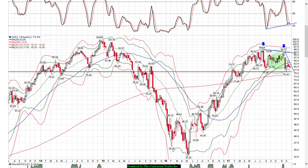So short term, I'm bearish. It's a wait and see approach to putting on a long trade here. If you're not long of this stock, why bother? Because it's showing relative weakness versus the rest of the market. However, if we break out above this resistance level here, well then, it's worth a second look, because the macro view is that we may challenge the upper band of the neckline, and if we break out above it,